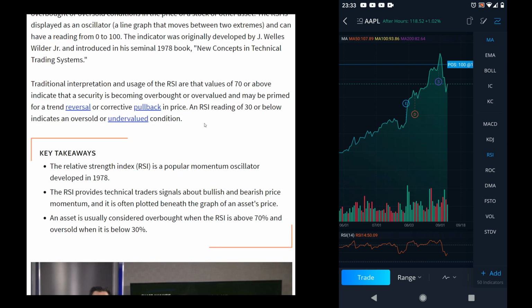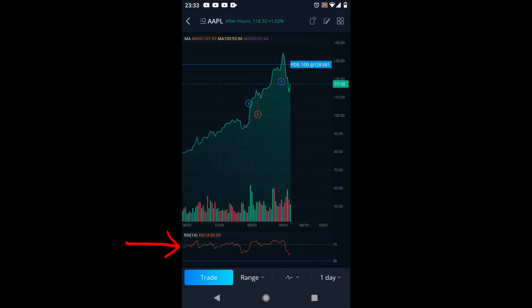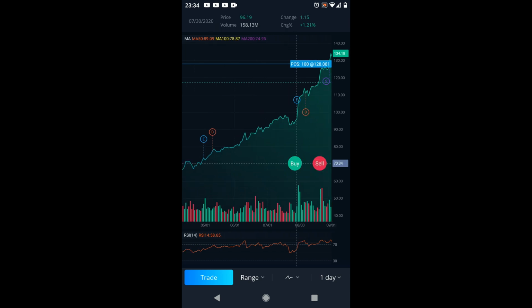So one of the things here, let's say we select our RSI. You'll see this at the very bottom. You'll see an RSI chart here for us. So if you guys look down here at the orange one, I'm probably going to put an arrow in the editing software so you guys can see where we're at. So if I look at Apple overall, and I had looked at this before it tanked, let's say we were right around here,